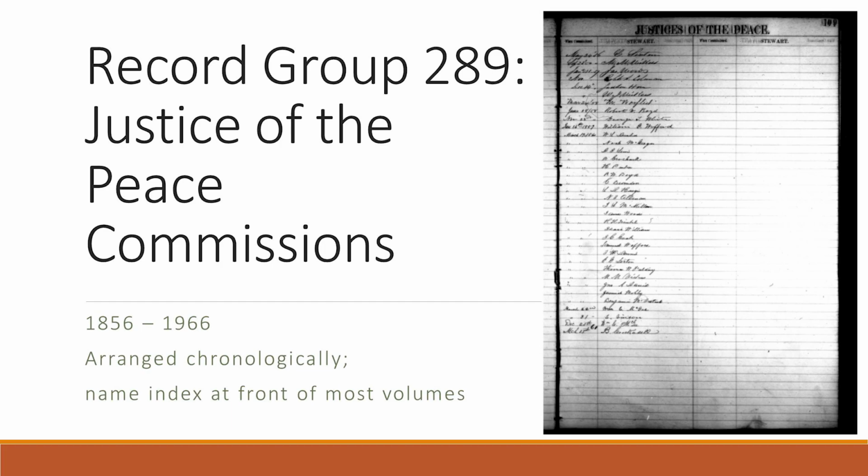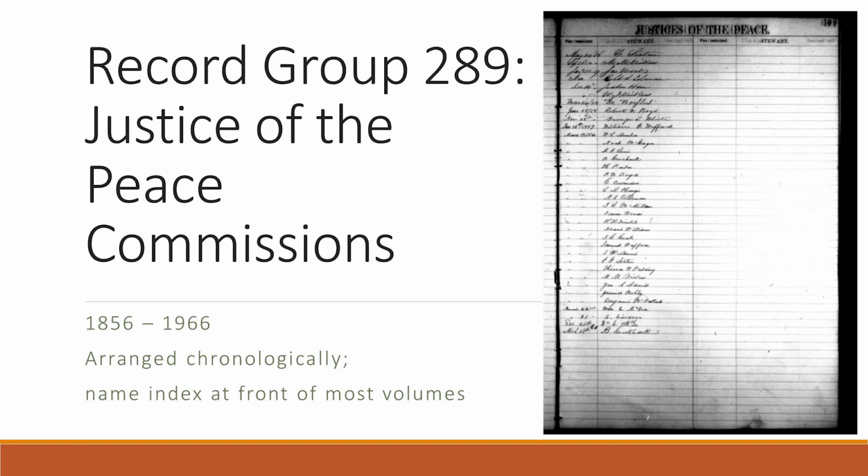One last record group that I'll tell you about. Record group 289 are commissions for justices of the peace. So these are not the actual election returns. You won't see lists of voter names here. But if you have an ancestor who was elected as justice of the peace, that commission is going to be